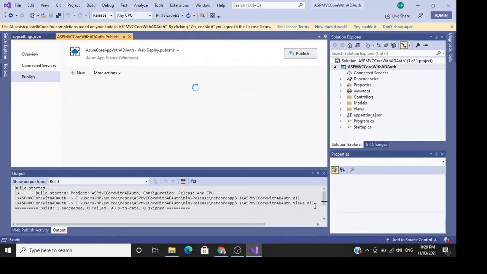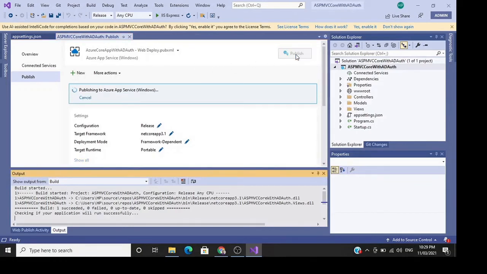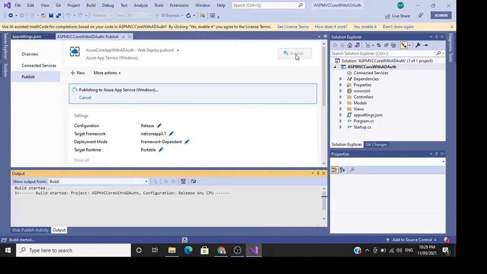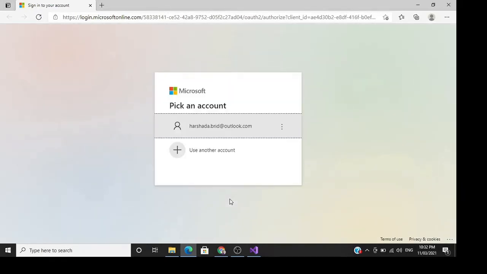Now after this we'll again get another error. So here it is getting published. It's asking for a Microsoft credential. I'm selecting my credentials.